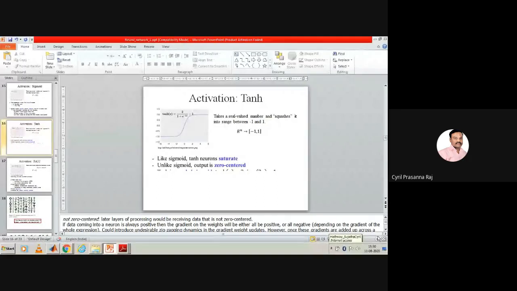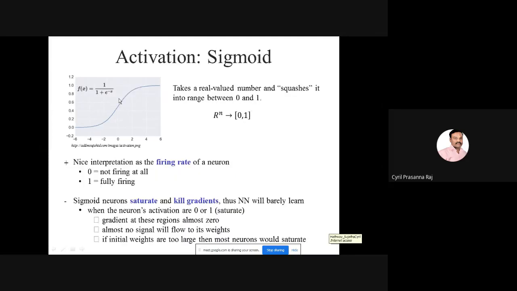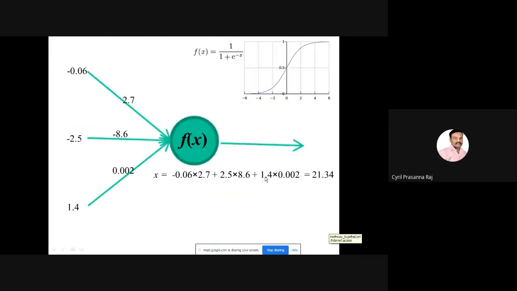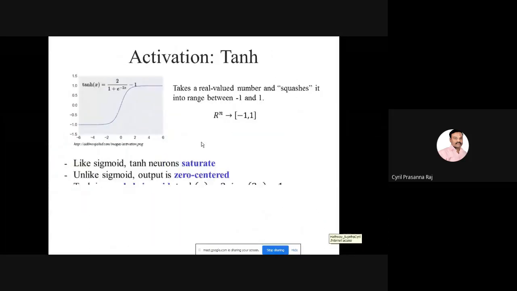This is the network activation function that we have used, TANSIG. This is the final output that will be generated by the network activation function. If you see the network here, we are configuring this activation function as TANSIG. So the output that you are going to get at this point will have a value between -1 and +1.